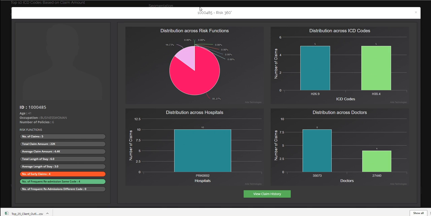So in this particular case, you are looking at a risk 360 for ID number 485, right? This person had 5 claims and the total length of stay was 6 days, but what you really want to see are the red color, the early claims. So he had 4 early claims, and now we look at the distribution of claims based on ICD. So he was treated for cataracts, and where he was treated, which hospital and which doctor saw this particular person,